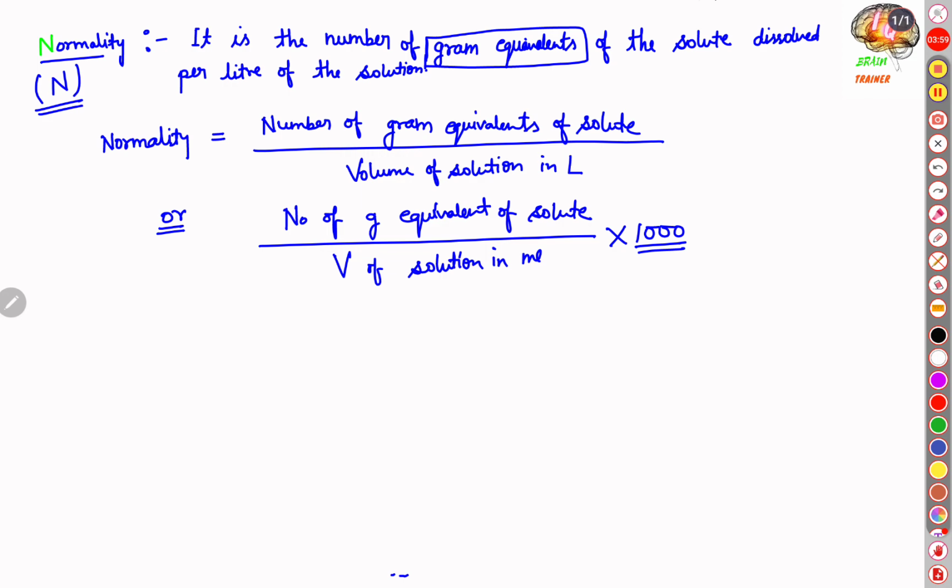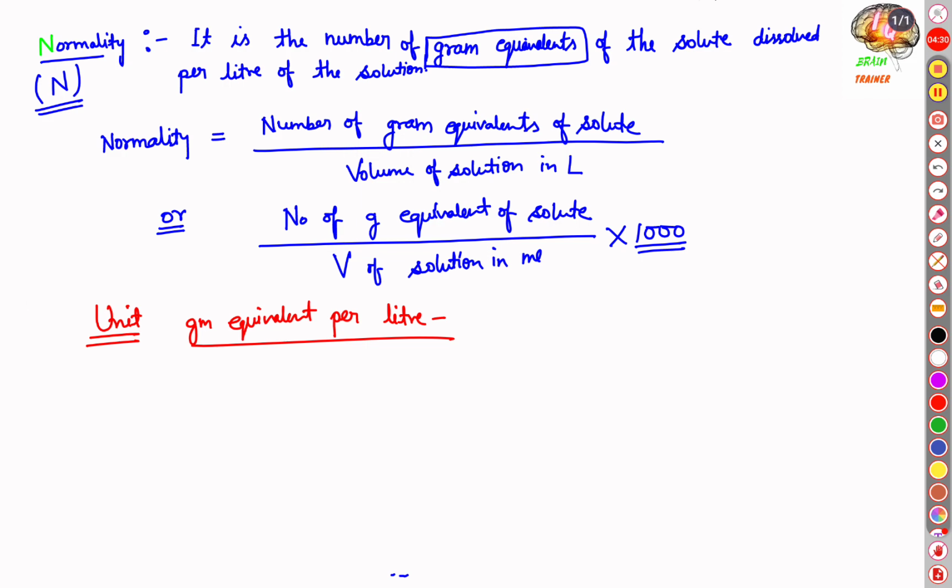That's why we will write here. What is the unit of normality? Unit of normality is gram equivalent per liter. Okay,